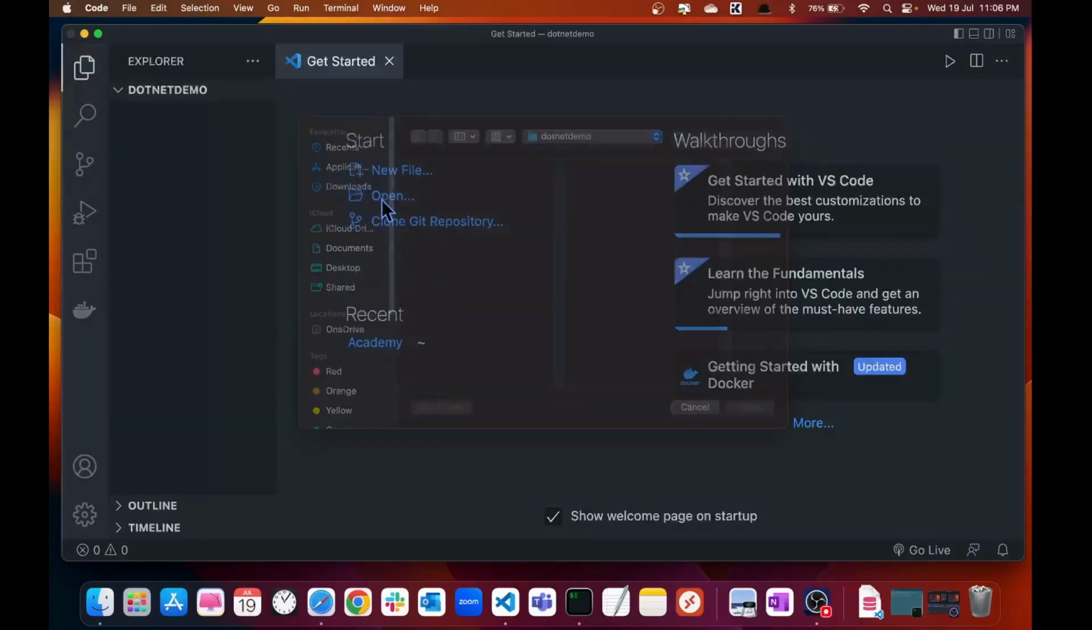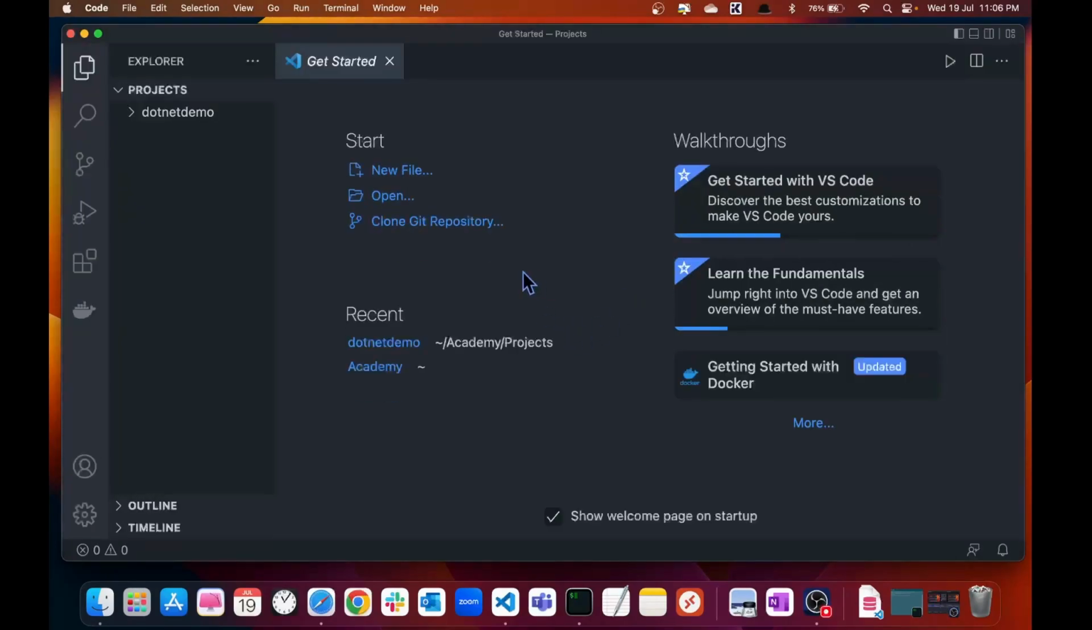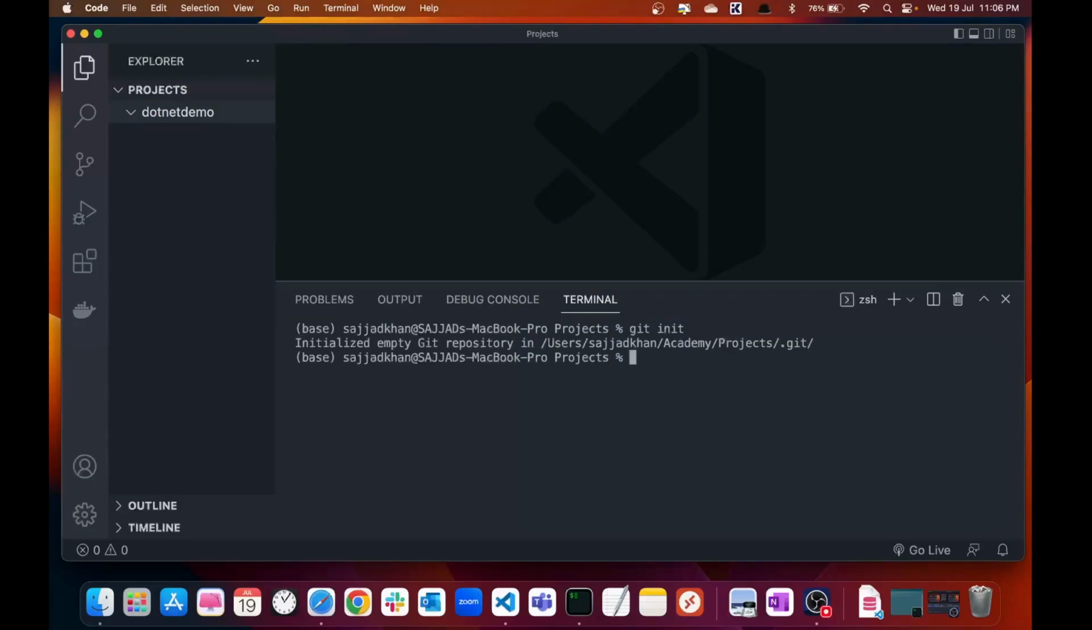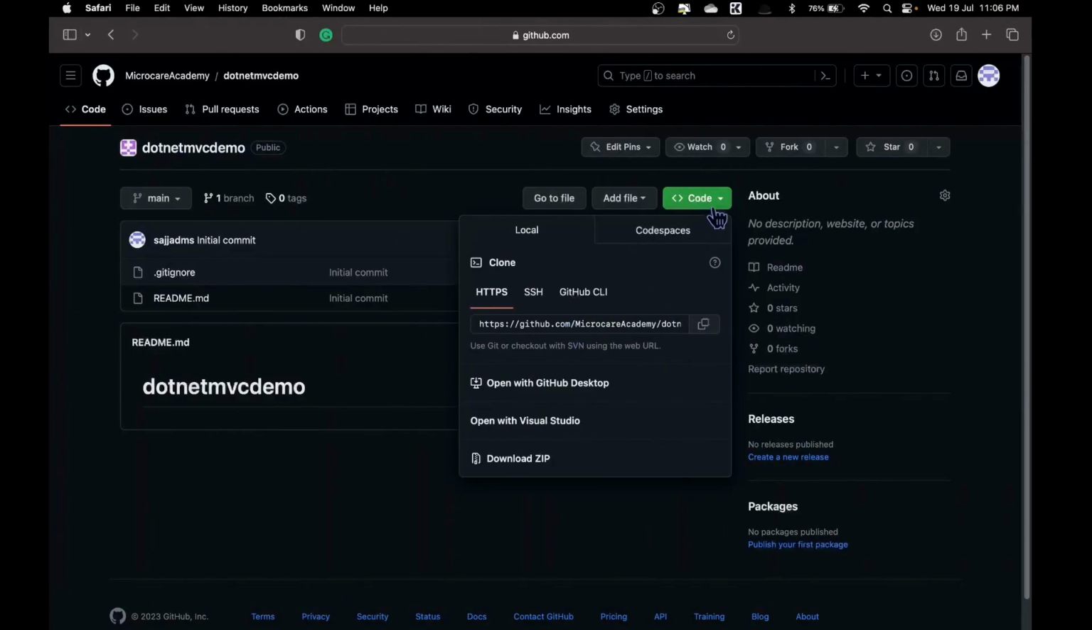Open the working copy .NET demo that we created. As you can see, it's empty. Start a new terminal and execute the git init command. It will initialize an empty Git repository. After that, we need to make a connection between the local repository and the remote repository. So we need to copy the URL of the remote repository